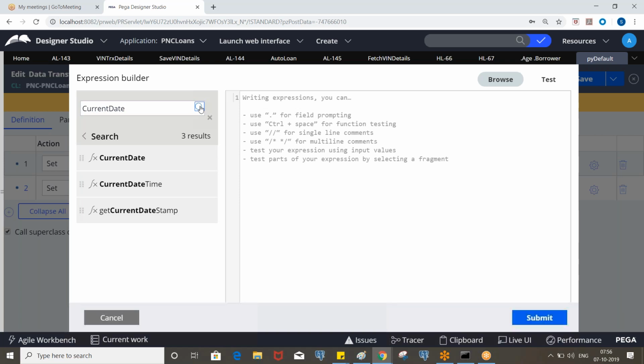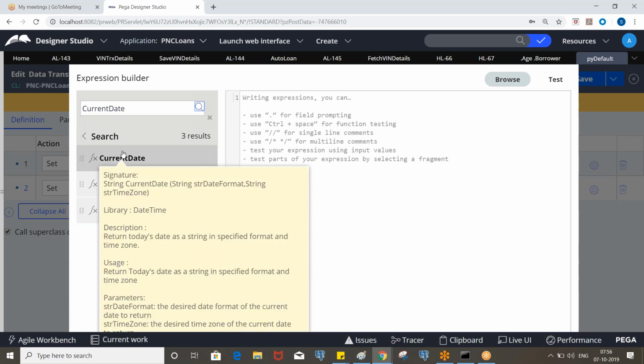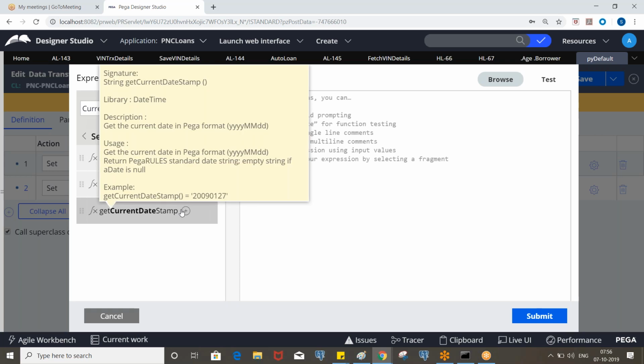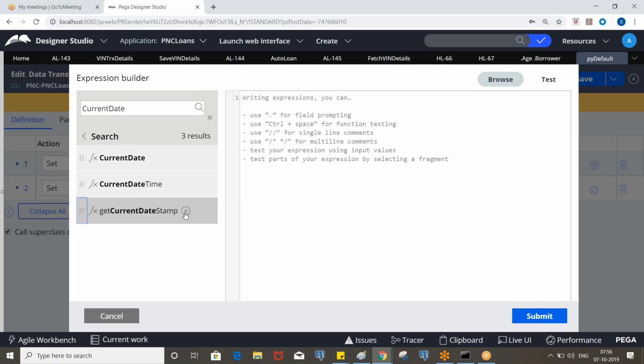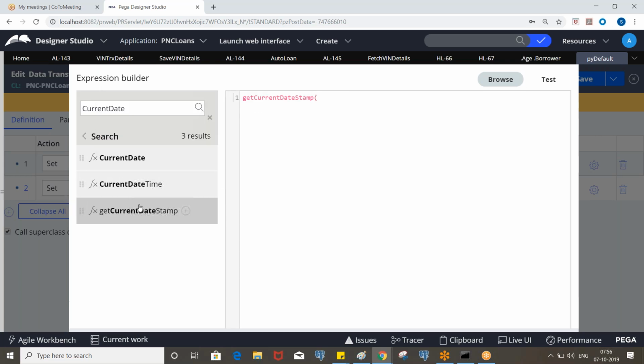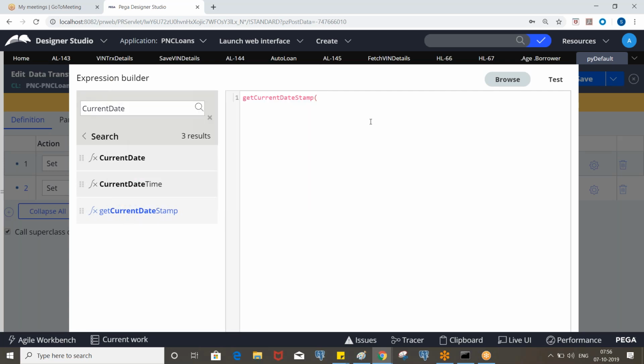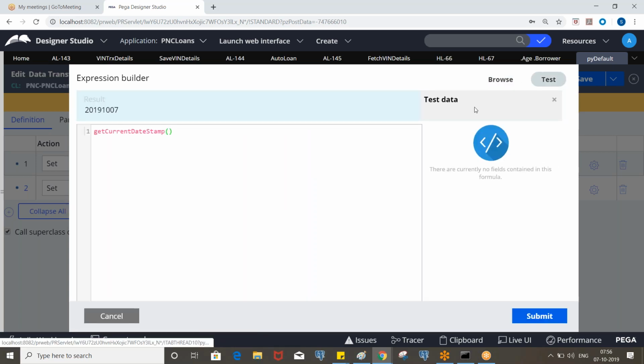So we have a function called get current date stamp. So you can use this function. Okay. So here you see the result, 2009-01-27, year, month and day. Okay. And you can add text here.